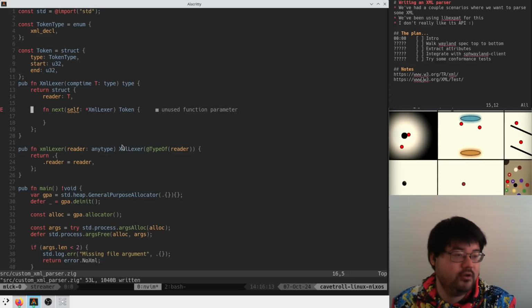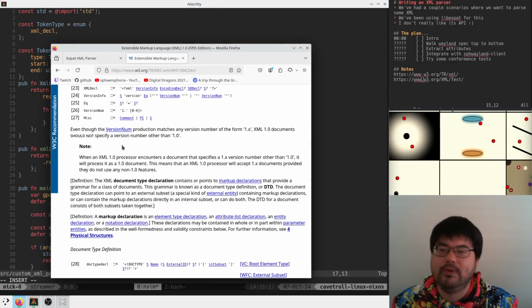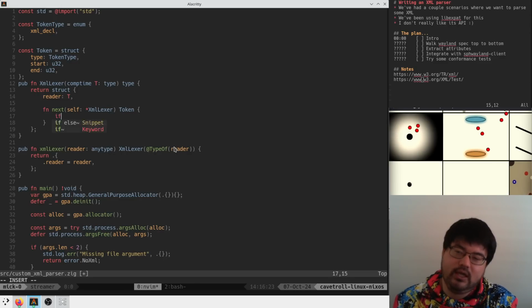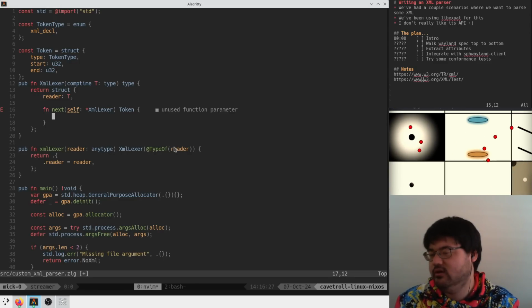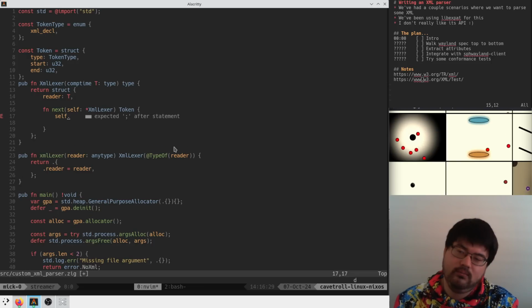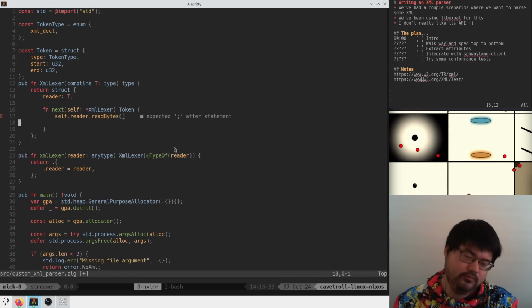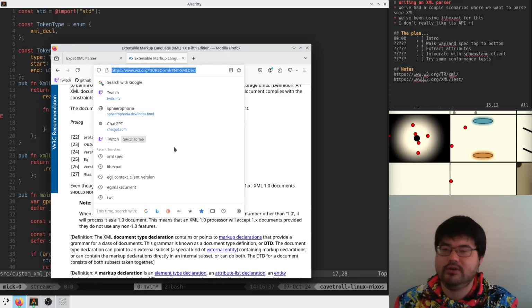And I guess now what? We basically have to look for this string, right? So we basically want to do, I guess we want to read some amount of bytes from this thing. Right? I guess it's going to be like read. How does this thing work in